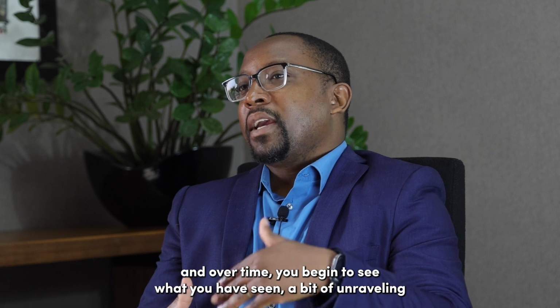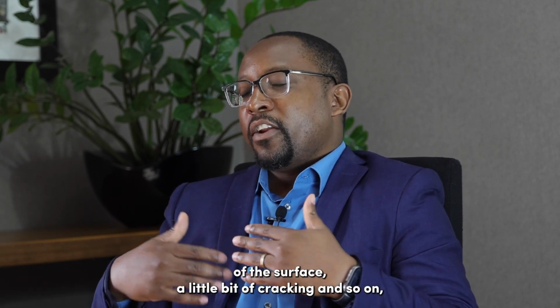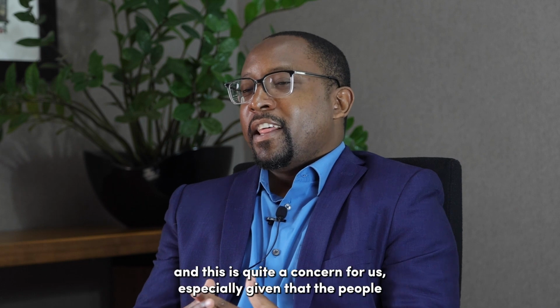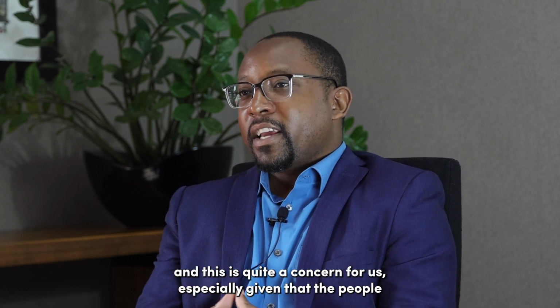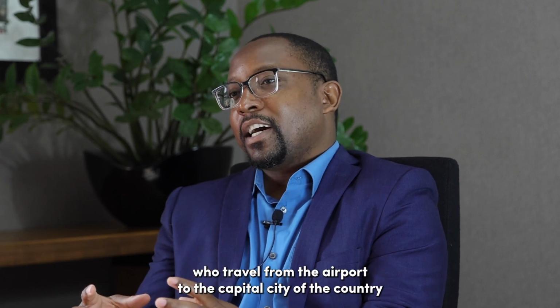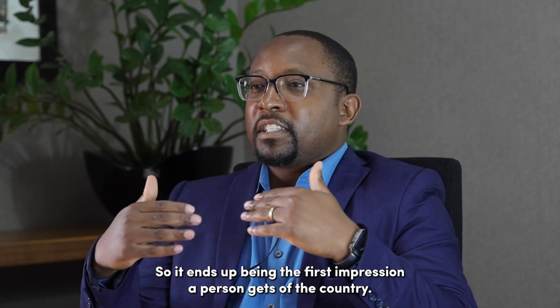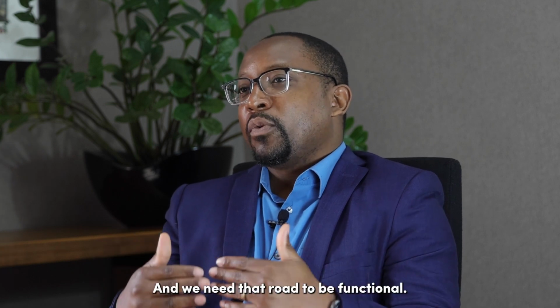And over time you begin to see what you have seen, a bit of unraveling of the surface, a little bit of cracking and so on. This is quite a concern for us, especially given that the people who travel from the airport to the capital city of the country are going to be using this road. So it ends up being the first impression a person gets of the country,